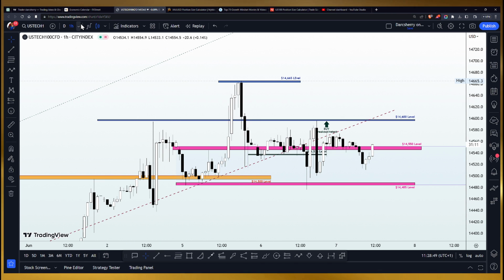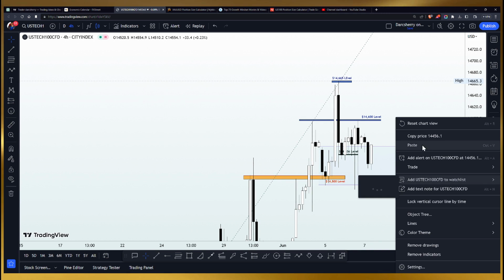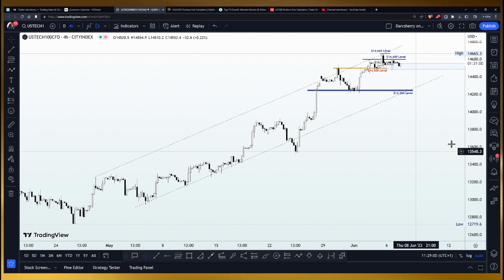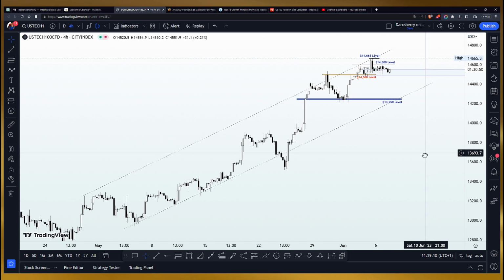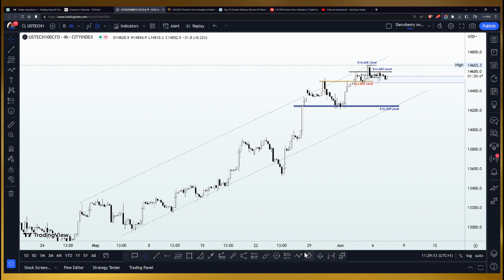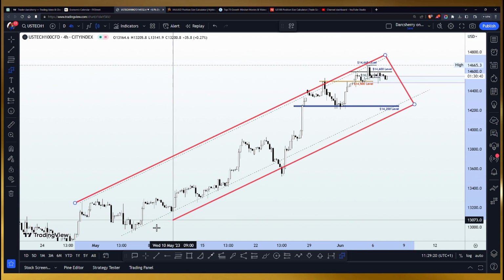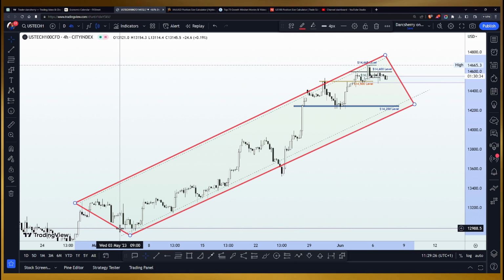So in order to do this, I'm going to be scaling up into the 4 hours time frame right now. And on the 4 hours time frame, this was what we were able to spot here at the beginning of the week. And what we did at the beginning of the week was to take into consideration price action activity since the beginning of the month of May. And if we do that correctly, this was what we were able to spot, connecting the series of higher highs and the series of higher lows. We were able to identify an ascending channel which has been guiding and supporting this momentum in the last 6 to 7 weeks.